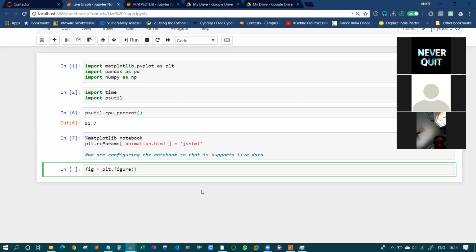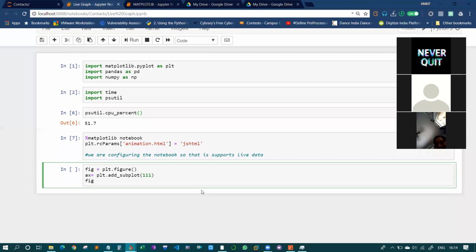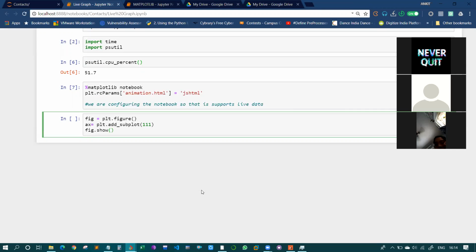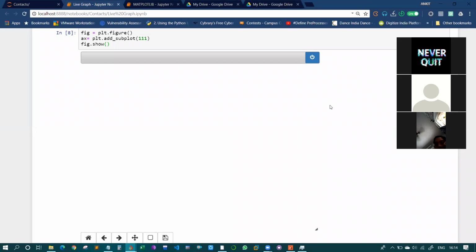Create your figure, and finally fig.show, to see our graph. So you can see we have got a canvas, or a graph, and this graph is different from the graph we have got before. What is the difference? Those of you doing it along with me, what is the difference between this canvas and the previous canvas we have used?